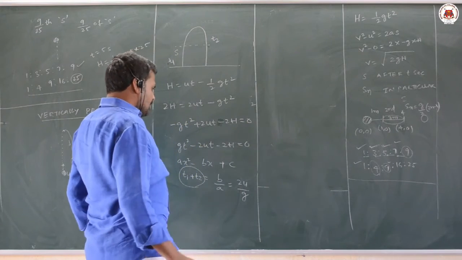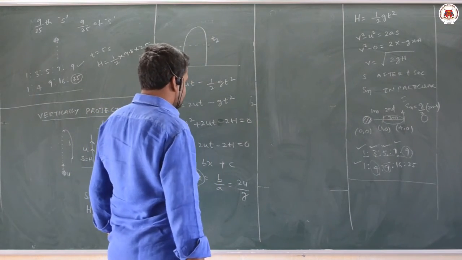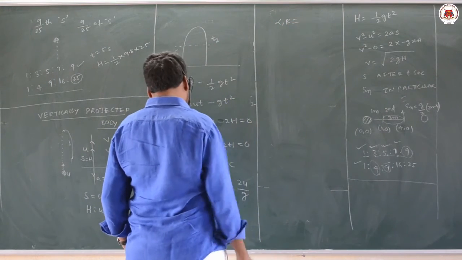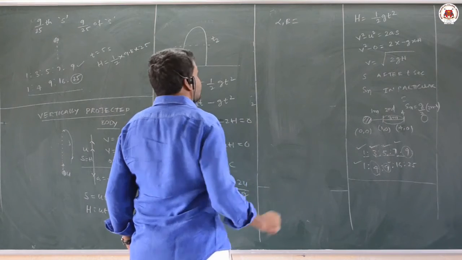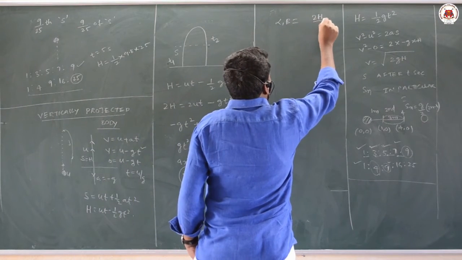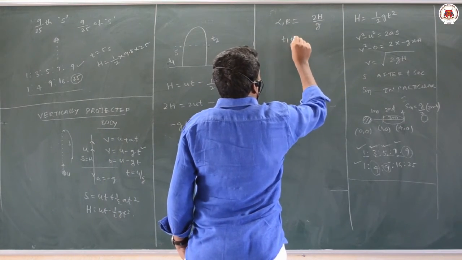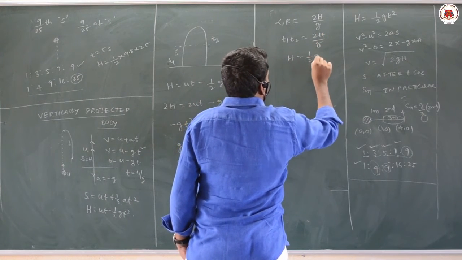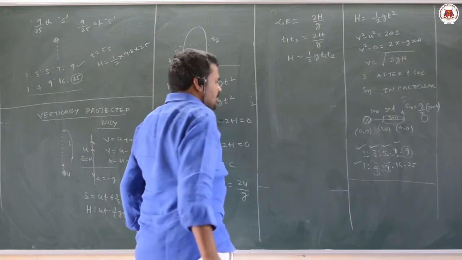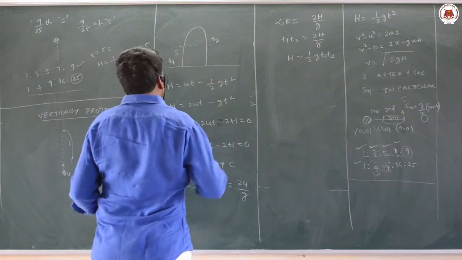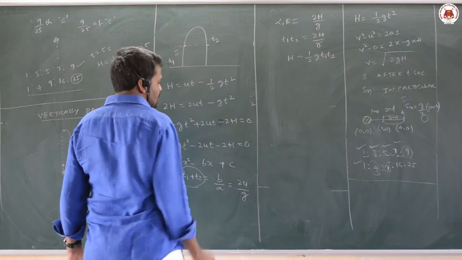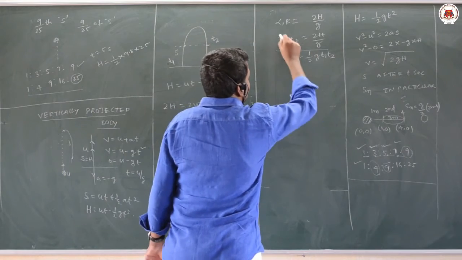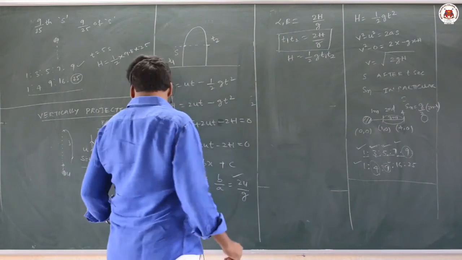Similarly, you can take the product of the equations. The product of alpha and beta is equal to 2h by g, that is, t1 t2 is equal to 2h by g, then h is equal to half g t1 t2. So from this what you can understand is that the displacement is the same for two different time intervals. The sum of the time intervals is 2u by g and the product of the time intervals is 2h by g. This is the concept of displacement.